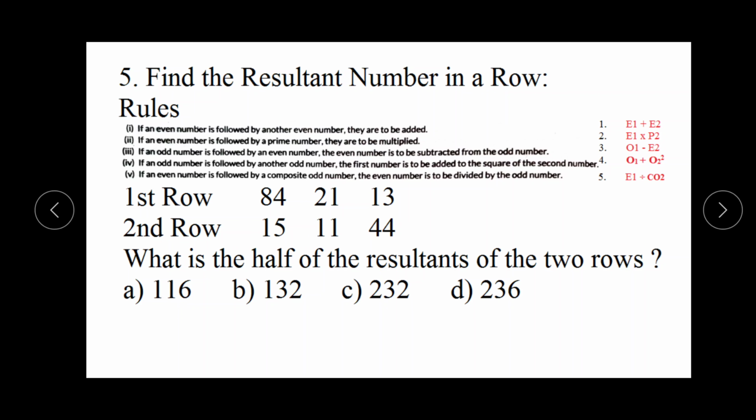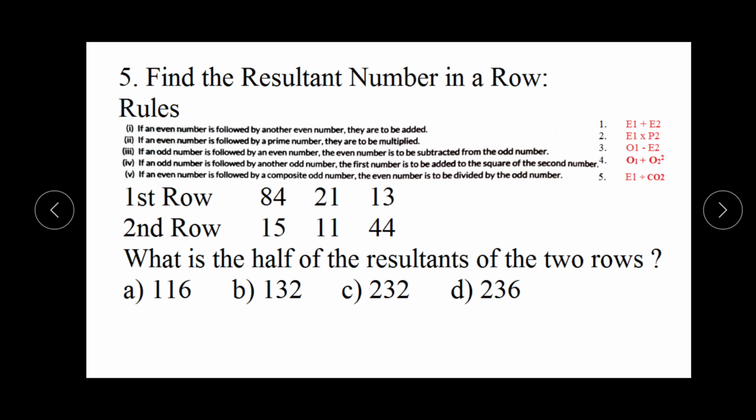But what we will do: if on the basis of this statement or these rules there are 3 or 4 questions, then every time we have to read the rules and then solve the question. If 3 or 4 questions are given, we waste our time by reading these rules again and again. So what we will do, we will write these rules in short form. These are the short forms for the rules. How can we write these?